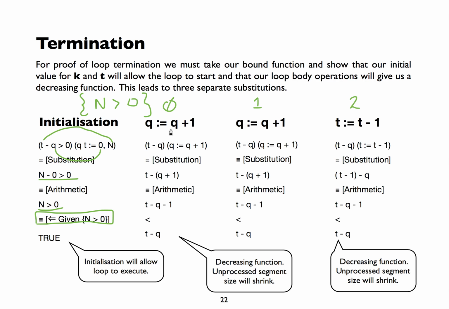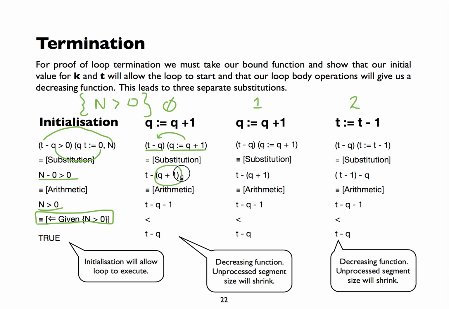If f.q is a 0, well, we incremented k and q. Since k has no role in the bound function, it's only what happens to q that matters. So we take our bound function and we take what happens to q and we substitute that in to our bound function. So wherever there's a q, it's going to be replaced with a q plus 1. So bracketing it off, just to make things absolutely clear, there was a q here and now we're replacing it